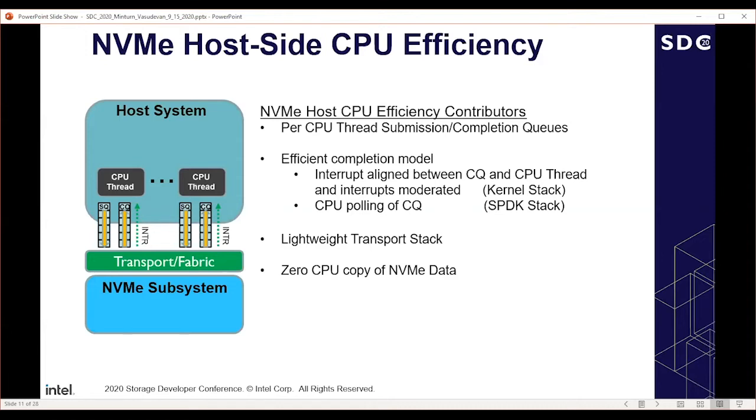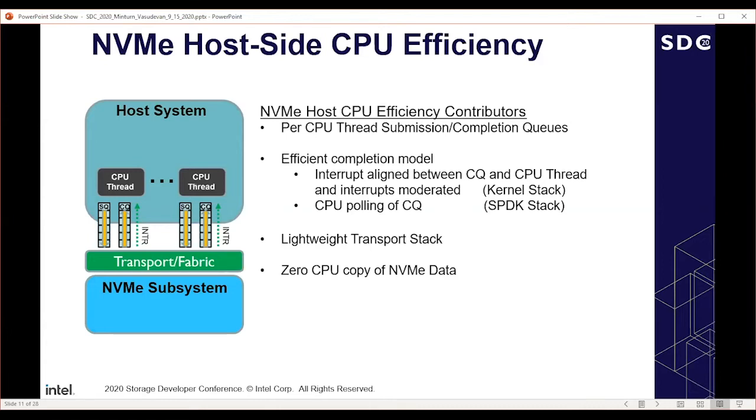Also, efficient completion models. What you see here is alignment of the interrupt, so that when the completion comes back on the completion queue for that CPU, the interrupt also goes to that CPU. Also, interrupts are moderated as the IOPS get larger, and that's true for the kernel stack. The SPDK stack that I showed earlier is a little different because it's user level. That stack is based on CPU polling, so instead of an interrupt, on a per CPU thread basis it polls the completion queue, but it still has that same submission queue, completion queue